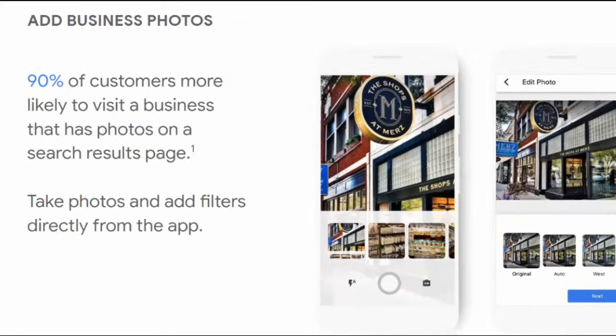Adding business photos can help your business profile stand out. Please note that photos can be added by both the business and customers. The photos you add in your Google Business account will be eligible to show on Google after your business is verified. I'm going to walk you through the steps of verifying your business profile on Google in the next section